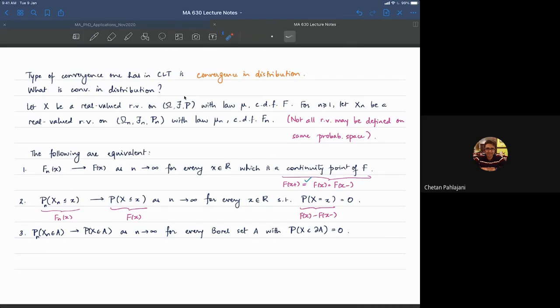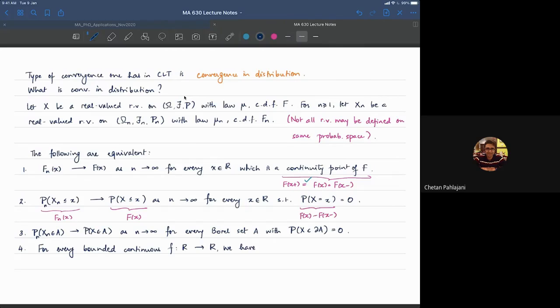So this is another way to say it. Now, as you can see, this type of thing uses the CDFs. And now, if you're talking about random variables in a general metric space, then what does CDF mean? So anyway, there is another way to say this, which helps you in a very abstract setting. For every bounded continuous f taking R to R,